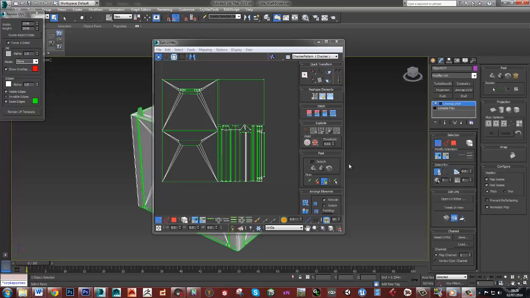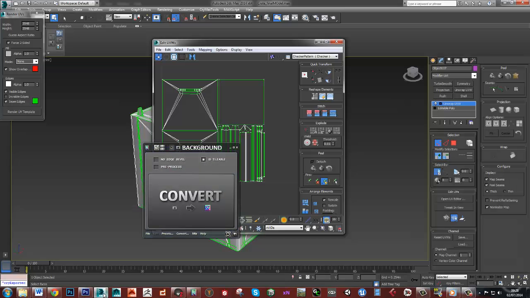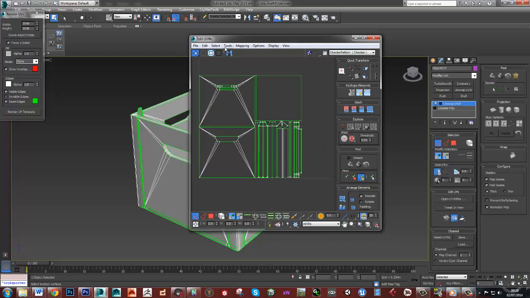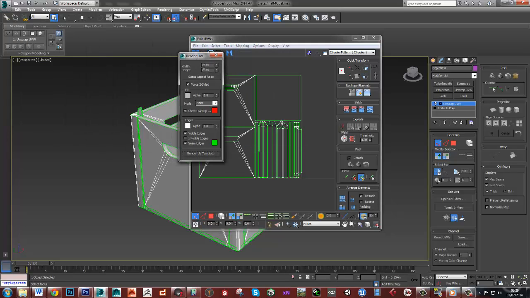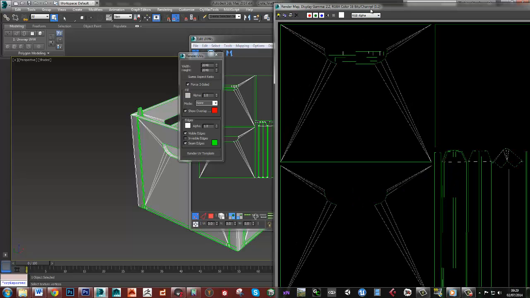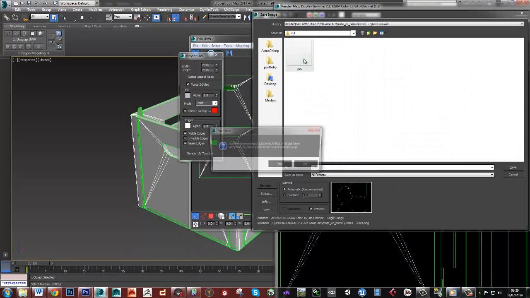Okay, so the final step of this, making this great, is going to be to texture it. The first thing that I'm going to need to do in order to texture this is just to get my UVs out of Max so that I can see what I'm doing. So to do that, we'll just go to Max, open the UV editor, tools, render UVW template, and then I'm going to render them out at 2K because that's what I'm doing my textures at. So render UV template and save that